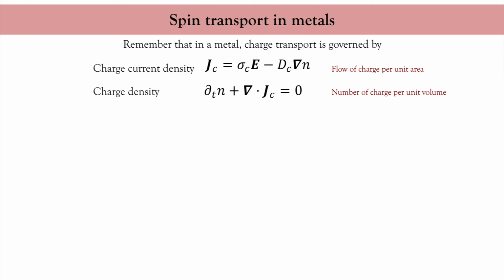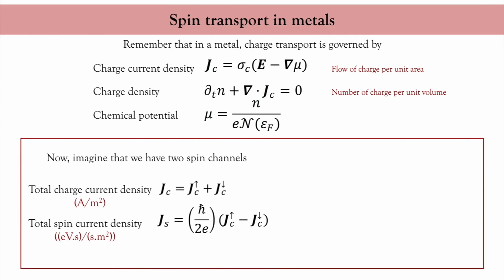To make things a little bit simpler to track, I'll introduce the chemical potential mu and rewrite the definition of the current density this way. I want to extend this equation to spin-dependent transport. There are several methods to do that, such as the Boltzmann equation or the quantum kinetic equation. But in this lecture, I'm going to adopt a very practical approach that gives about the same results as these fancy techniques. I consider the two-channel model that states that a charge current comes from the contribution of up and